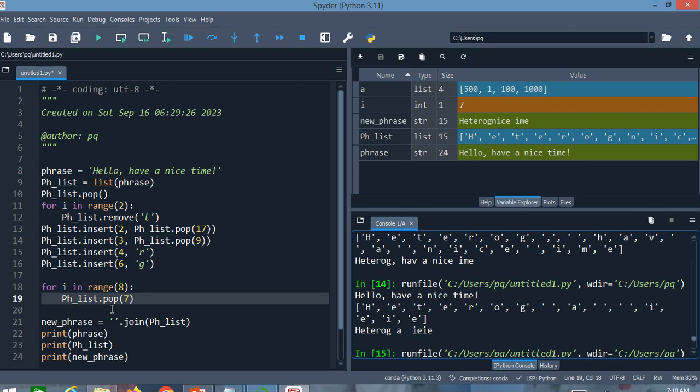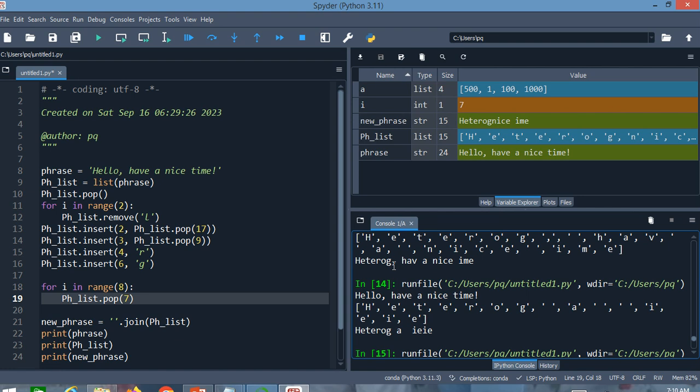So the for loop executed, and this pop method applied to this ph list and removed the 7th index, actually the 8th member of this list, which was this comma, and the new